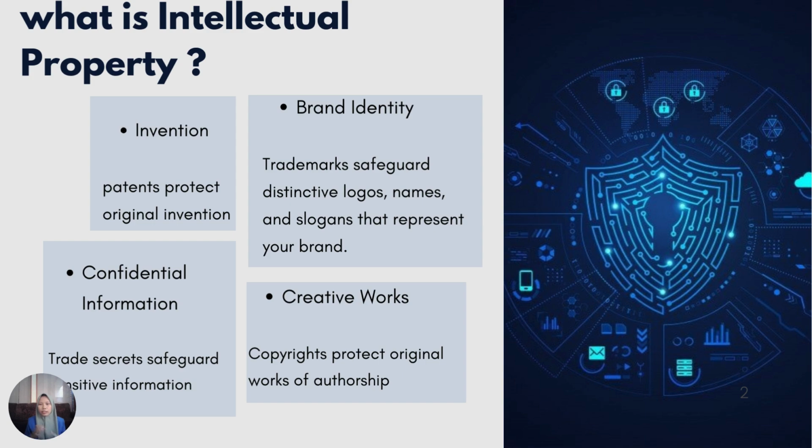Okay, and then to protect such information, businesses rely on trade secrets, a form of intellectual property that safeguards confidential knowledge from unauthorized use or disclosure. Okay. Next, we'll talk about